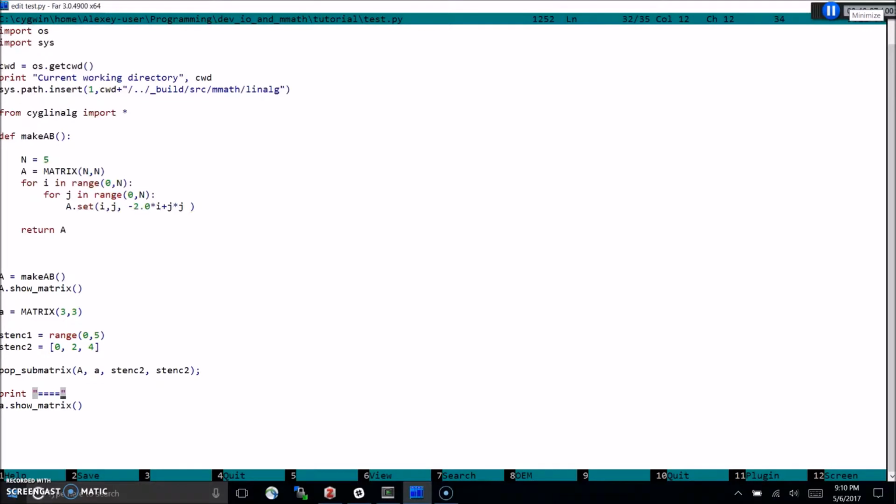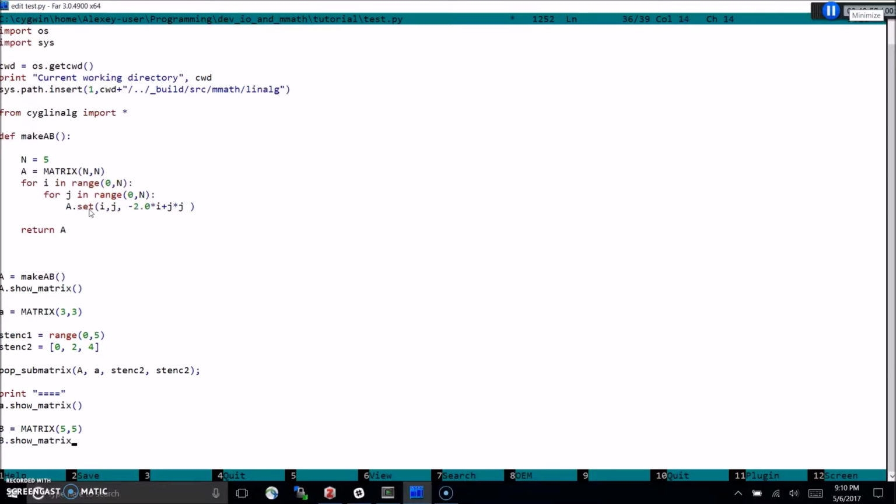Now you can take this matrix and you can also put it into another bigger matrix. So let's say we have another matrix B of the size, let's say, 5 by 5 again. We can print B,